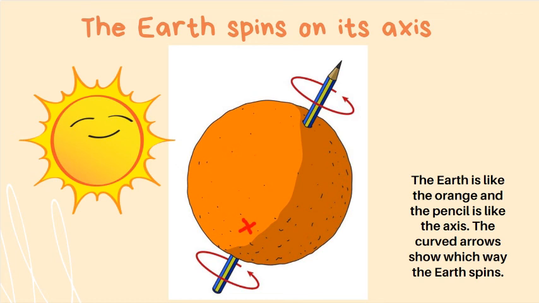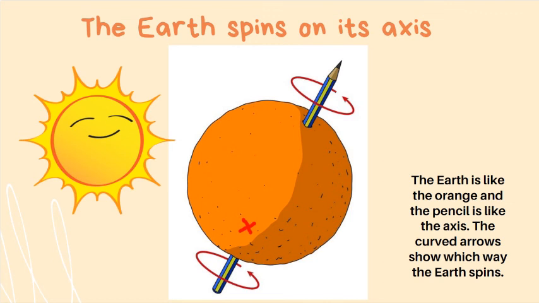The Earth spins right around in 24 hours, so it will take 24 hours for us to come around to the same position you see in the picture. We call 24 hours a day. When we say a day, we really mean a day and night. Together they last 24 hours.